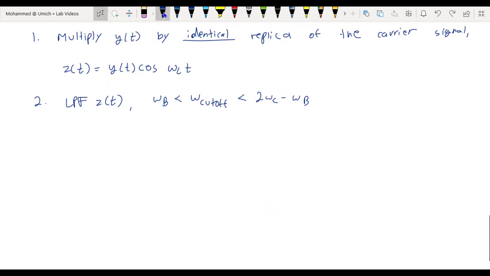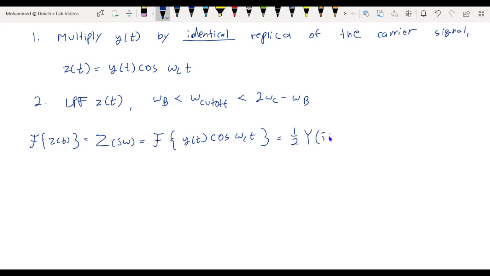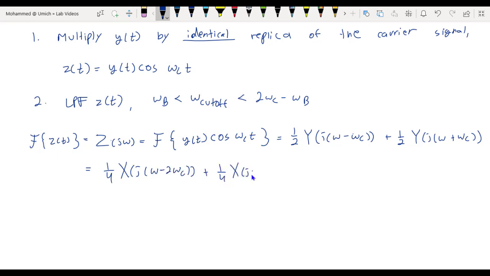The reason this works is that the Fourier transform of z(t), which equals Z(j omega), equals the Fourier transform of y(t) cosine of omega_c t, which equals 1/2 times Y(j(omega minus omega_c)) plus 1/2 times Y(j(omega plus omega_c)). And Y(j omega) is 1/2 X(j(omega minus omega_c)) plus 1/2 X(j(omega plus omega_c)), which means that this expression evaluates to 1/4 X(j(omega minus 2 omega_c)) plus 1/4 X(j omega) plus another 1/4 X(j omega) plus 1/4 X(j(omega plus 2 omega_c)). And this evaluates to 1/2 X(j omega)